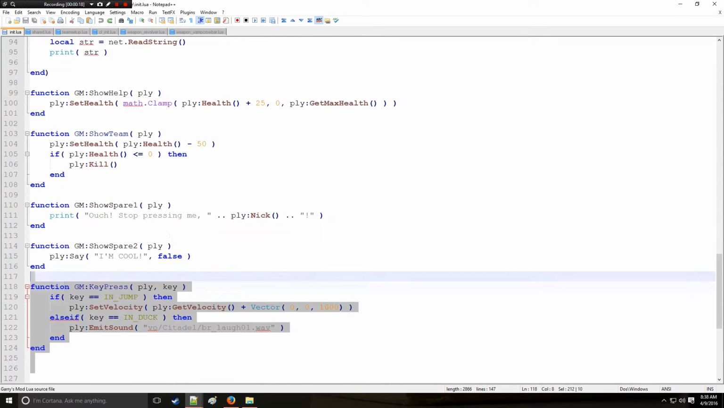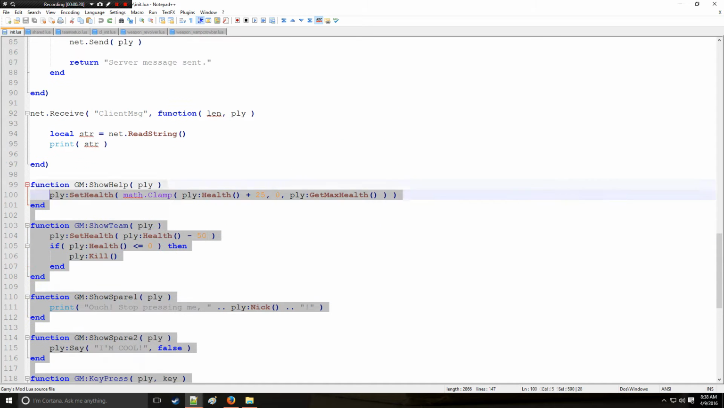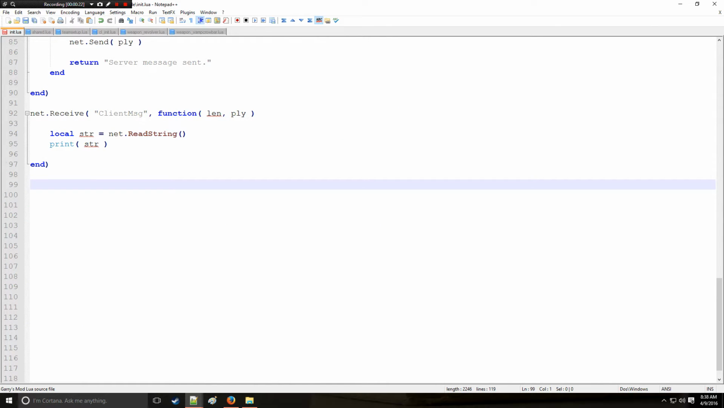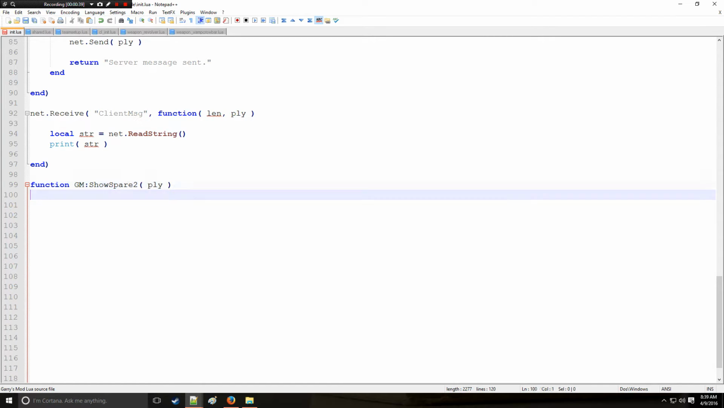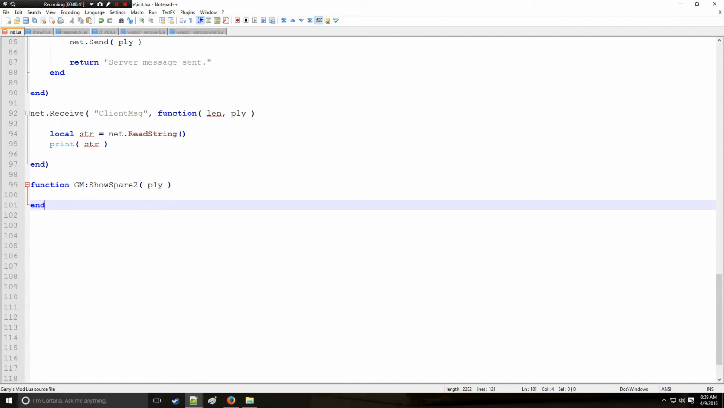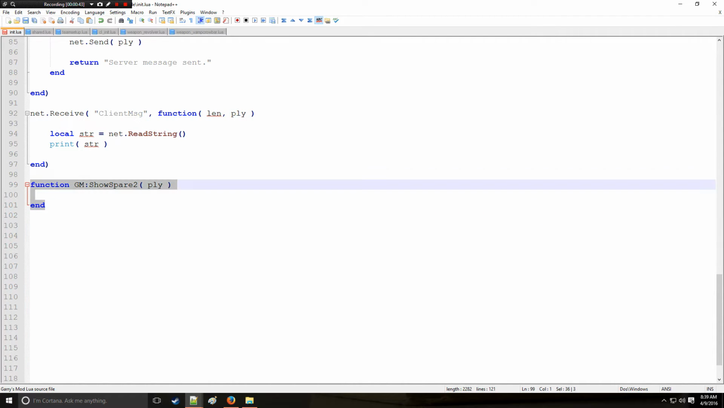So we're going to start by getting rid of all the stuff we did in the last tutorial, as we don't need it. And the method we're going to do is very similar to how in a game mode you see an F4 menu. They'll press F4 and a menu pops up, and I'm going to show you how to do that. So we're going to start with function GM:ShowSpare2, which, if you recall from the last video, is the F4 button. So whenever somebody presses this F4 button,